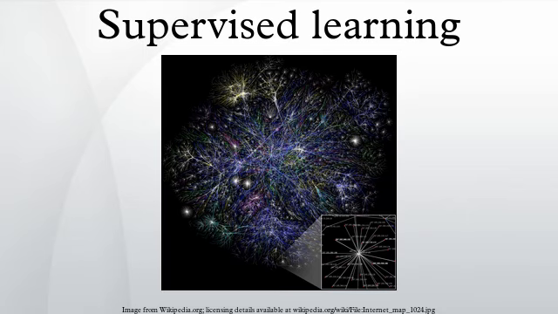Approaches and algorithms. Analytical learning, artificial neural network, backpropagation, boosting, Bayesian statistics, case-based reasoning, decision tree learning, inductive logic programming, Gaussian process regression, group method of data handling, kernel estimators, learning automata, minimum message length, multilinear subspace learning, naive Bayes classifier, nearest neighbor algorithm, probably approximately correct learning, ripple-down rules, a knowledge acquisition methodology, symbolic machine learning algorithms, subsymbolic machine learning algorithms, support vector machines, random forest, ensembles of classifiers, ordinal classification, data pre-processing, handling imbalanced datasets, statistical relational learning,